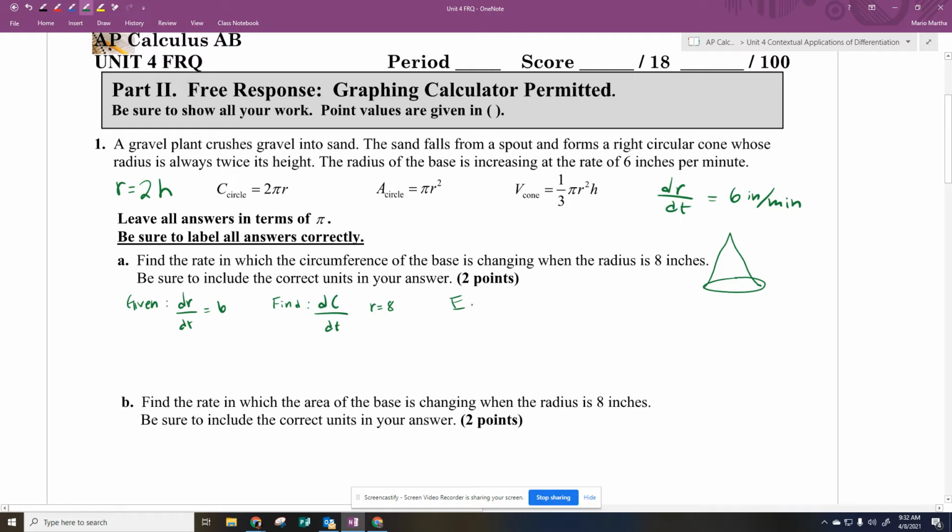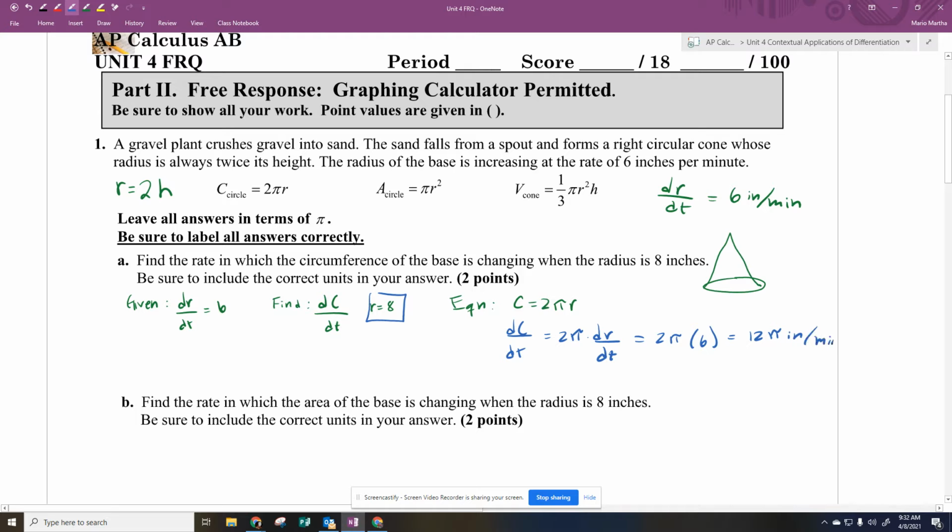And then the equation we're going to be using to determine that is pretty much just the circumference equals 2 pi r. So again, to find dC/dt, all we have to do is take the derivative of C equals 2 pi times r. So that's dC/dt equals 2 pi times dr/dt. And then to find dC/dt, we just need to do a substitution. If you notice, I didn't have to use r equals 8. It's pretty straightforward. So therefore, 2 pi times 6, which is our dr/dt, is equal to 12 pi inches